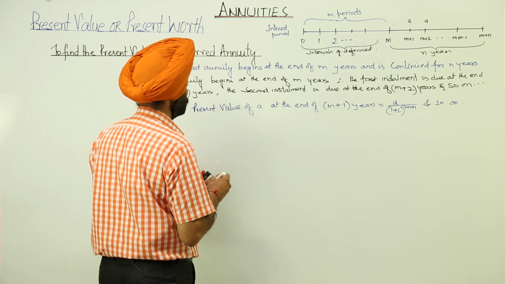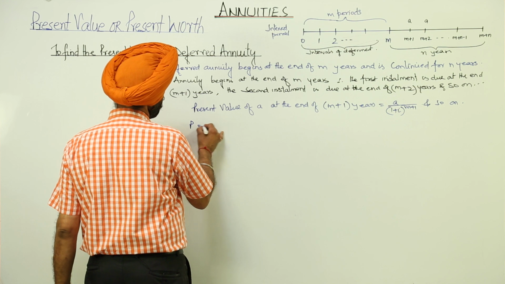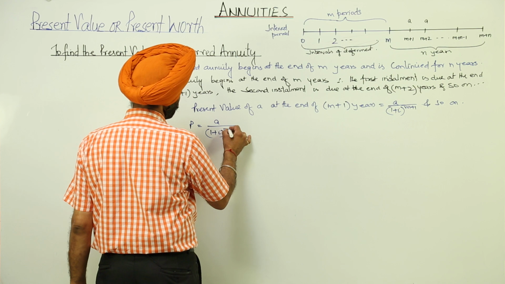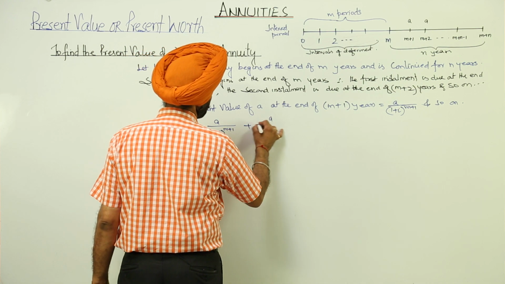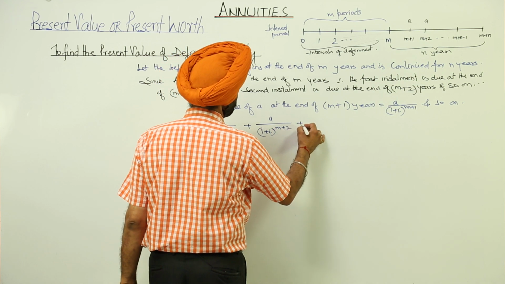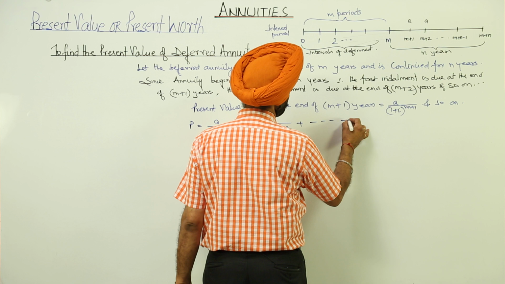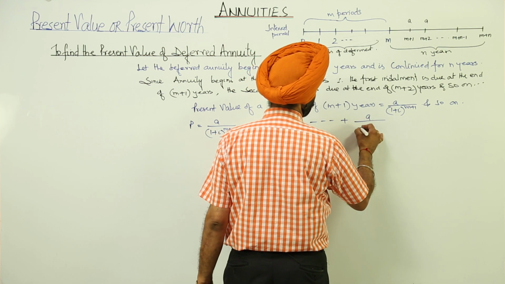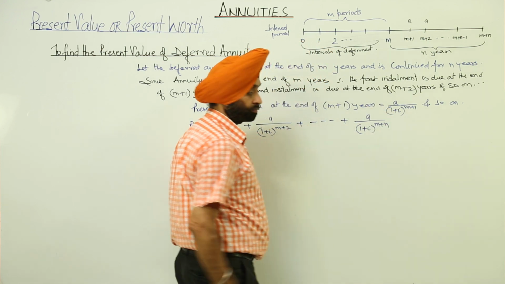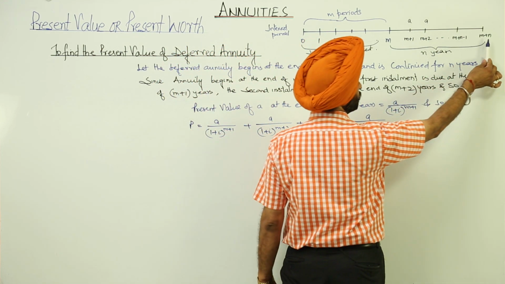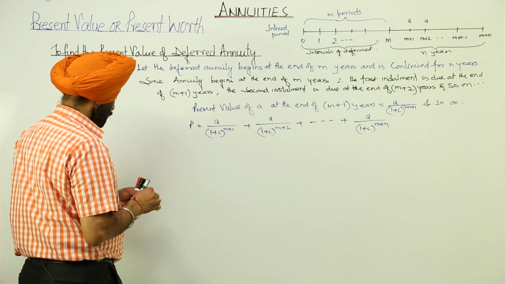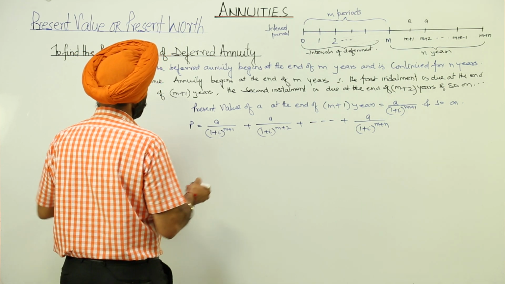Now, present value P is equal to A upon (1 plus I) to the power m plus 1, plus A upon (1 plus I) to the power m plus 2, plus up to A upon (1 plus I) to the power m plus n. Already I have mentioned here, the last term is m plus n, then m plus n minus 1, like this it goes. Is it clear? Now, using GP, we will have